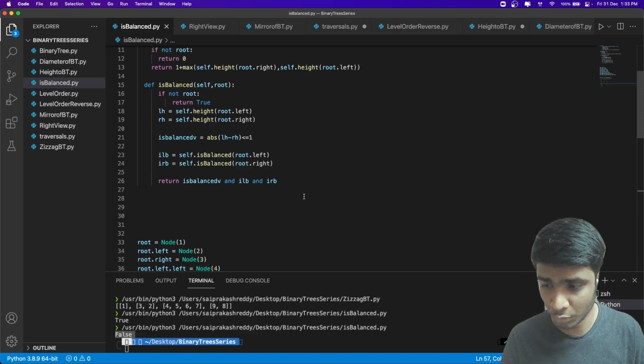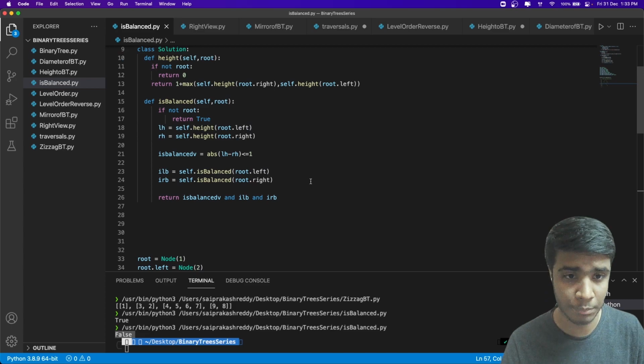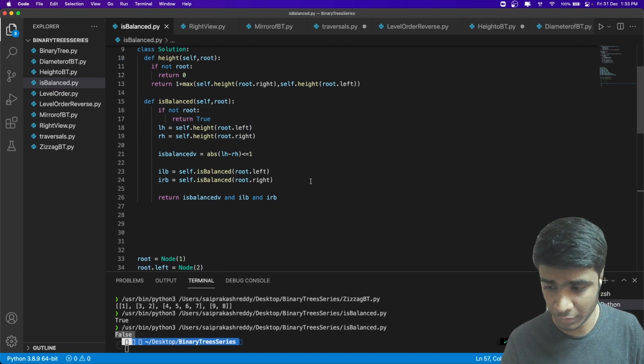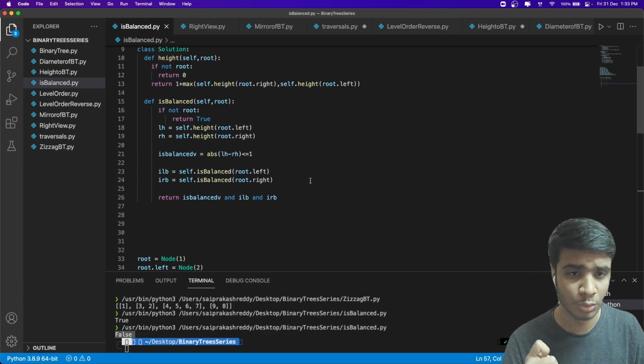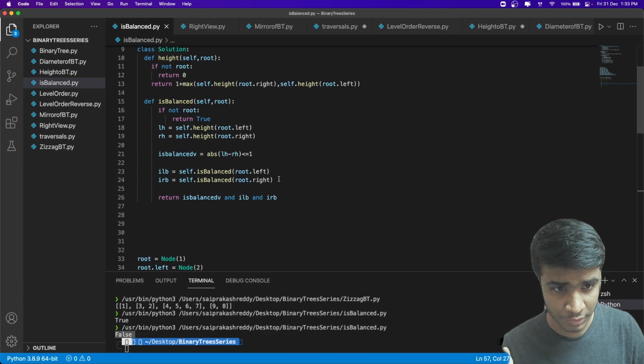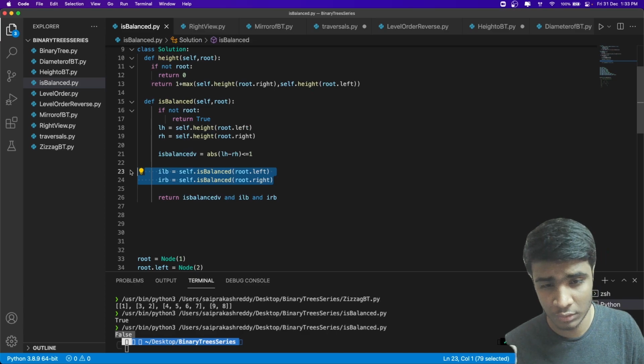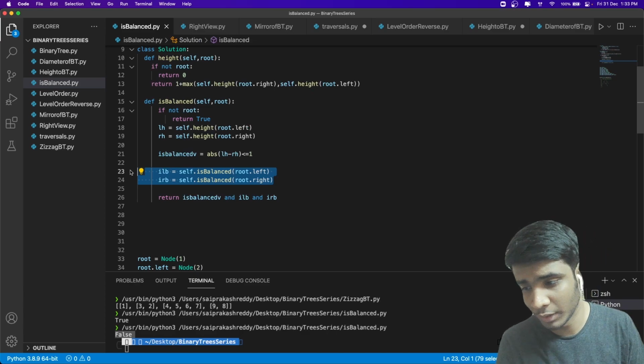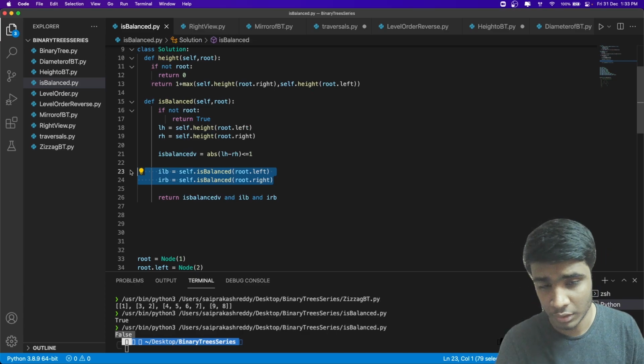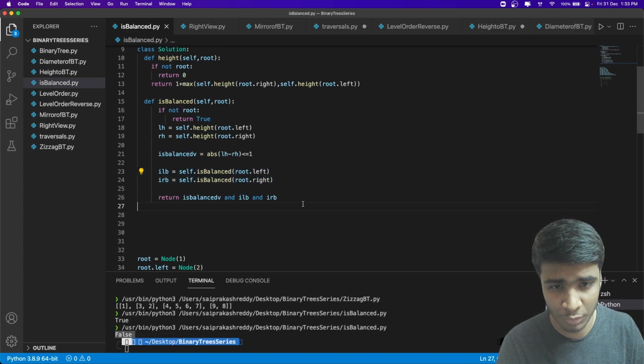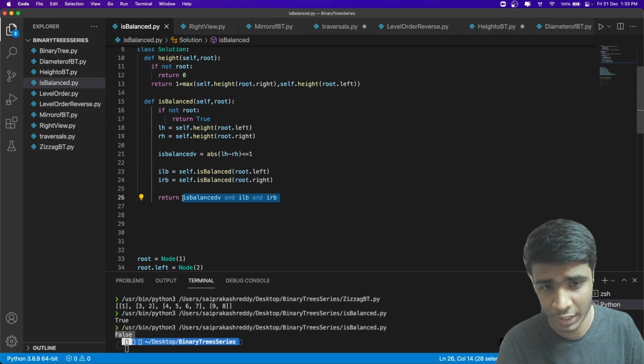If you have any doubts, look it up again, rewind it to this section. So I will make a rewind here. We are basically doing two things here. These recursive calls try to find if any of my children are balanced or not. If anything is imbalanced, we would find out, and the AND condition will take care of it.